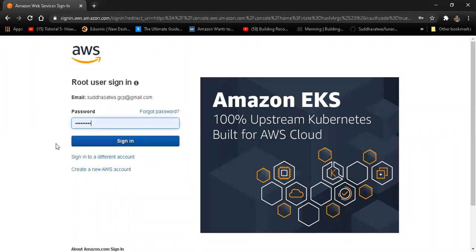Yeah, this should be the password. There's some slowness. Okay, maybe meanwhile, while it is logging in, we can do kind of, let's say, Q&A.